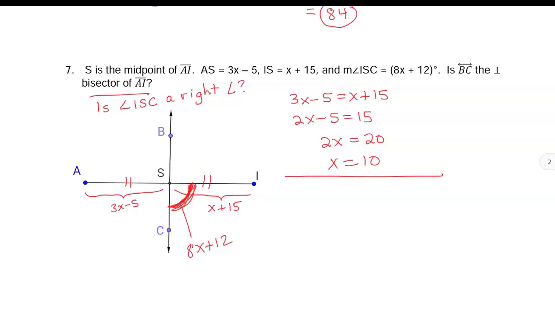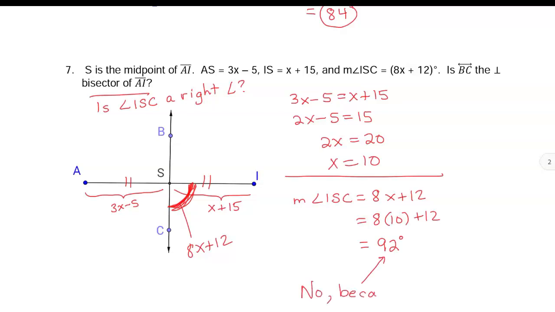We're going to write down the measure of angle ISC is this algebra, 8x plus 12. Then we're going to substitute in the 10 that we got for x. 8 times 10 plus 12. On the calculator, I end up getting 92 for the angle. So the answer to this question is no,